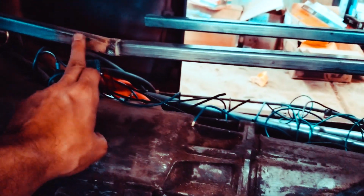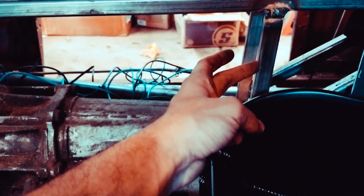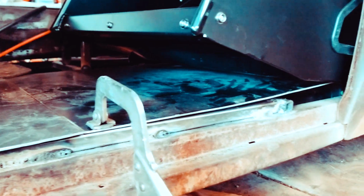And then now I'm gonna work on covering all of my side up. So I'm gonna do another bar that comes from here to this bar, and then I'll get that all welded in. And the seat, as far as the seat, the way it's sitting now is great. That's like what I need. So what I'm gonna do,